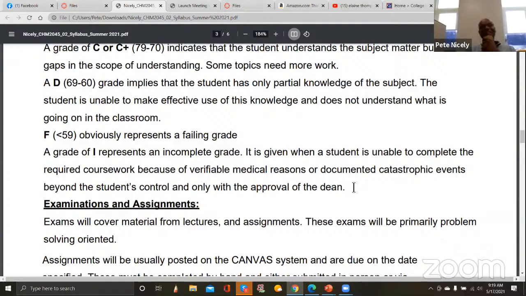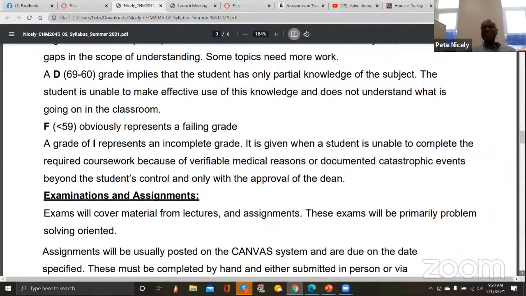So that is something I felt I needed to explain to you guys, because in the past, I've had situations where a student at the end of the semester, not liking what his or her grade is shaping up to be, would come to me asking for an I grade. The I grade is not given in those situations where you're not satisfied with what your grade is shaping up to be. The I grade is only given in the situations I described earlier, for some reason that you're not able to complete the coursework, which can be verified. Okay,